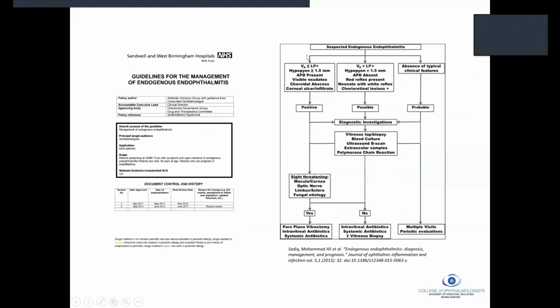But you can see that we do use some ocular parameters as a guide. So vision is one of them, hypopyon, APD. Certainly if the vision has dropped and you're getting hypopyon, and all these suggest worsening condition to the point of sight threatening, then vitrectomy is one of the options. But it is possible to observe the rest and do the tap biopsy and give intravitreal antibiotics if the condition is milder, and to also periodically evaluate them if there were none of these signs of ocular involvement.